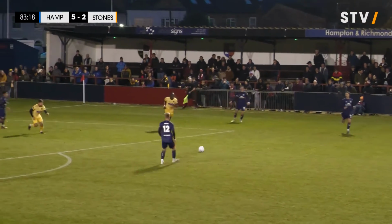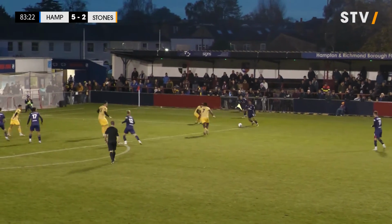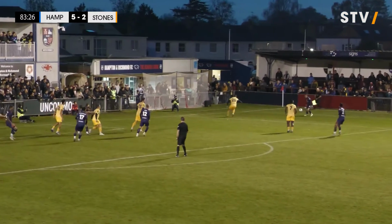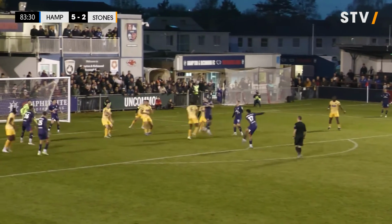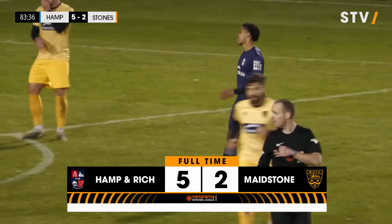As Gray collects the ball and gives it onto the edge of the box with Hunt. Hunt finds Karen Brown. Oh, sorry, it's Jordan Thomas who finds Gray again. Good block by Petrasso. Gray gets it into the box and it falls back to Karen Brown, who with a really good opportunity on the edge of the box just gets under the ball and launches that